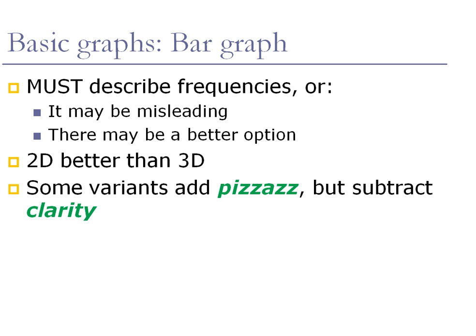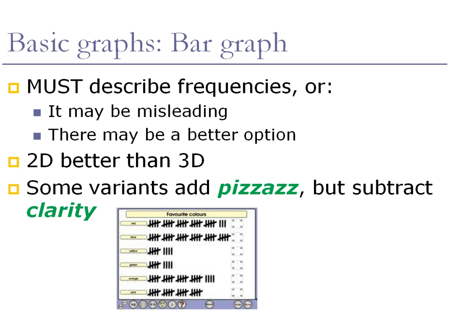Now there are also many variants, as I said. Some of them are good, some of them can add a little bit of flavor, a little bit of pizzazz, but sometimes they subtract clarity. One of the most important ones is something called a pictograph or pictogram. For instance, this is a bar graph, but instead of bars, we have all those tick marks that have been checked off. And although, again, it gives us the definite feeling that we're counting frequencies, certainly, all those tick marks don't really add anything, and in fact, probably they detract from the purpose